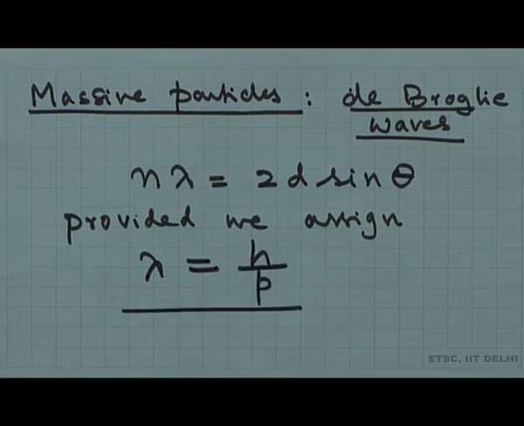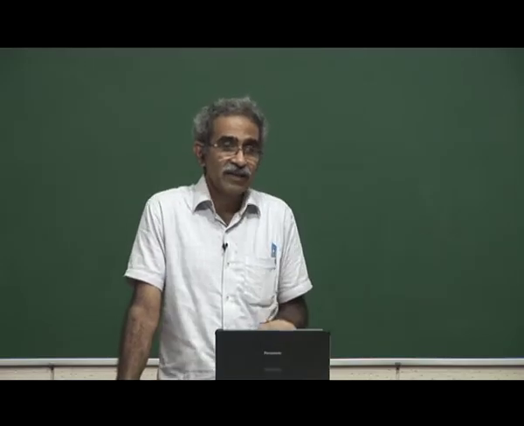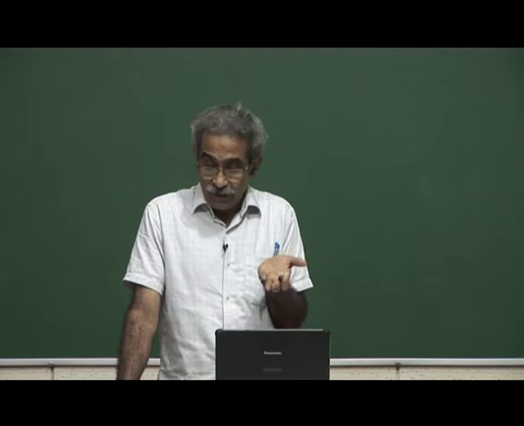Remember, what they had was an electron gun which shot off electrons. It could be something like a thermoelectric emitter or some such thing. You pass current or you heat it and it ionizes and produces the electrons. Then they were accelerated through a certain voltage. They kept on gaining momentum.